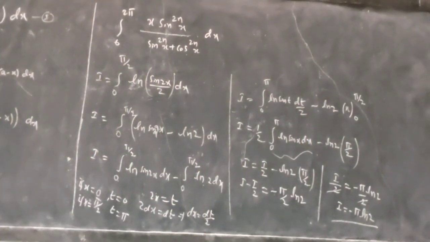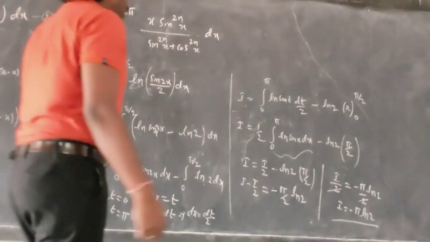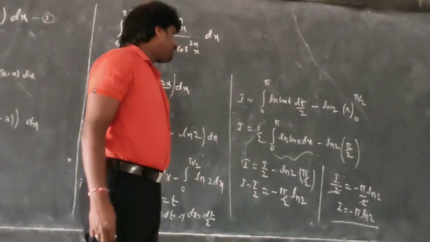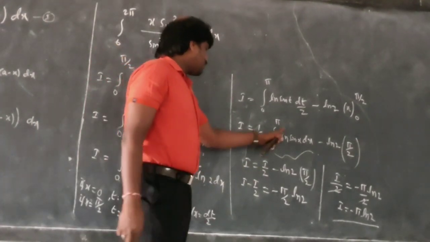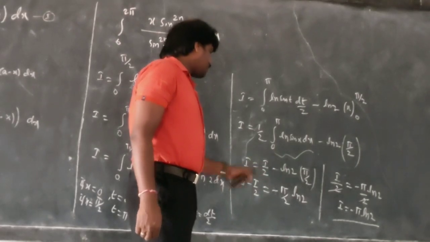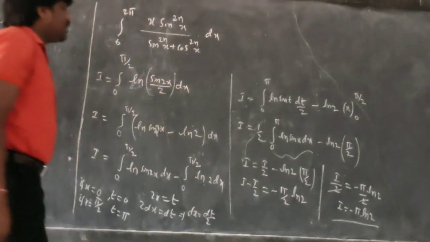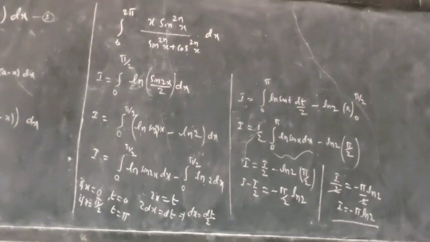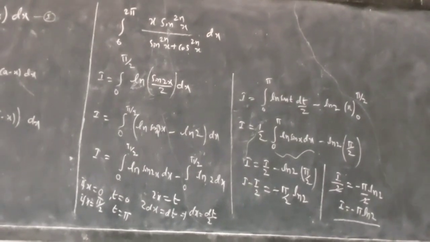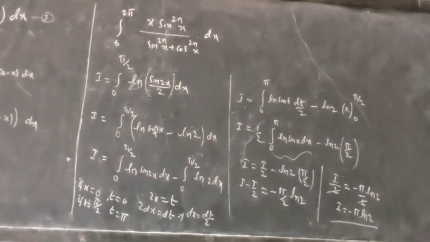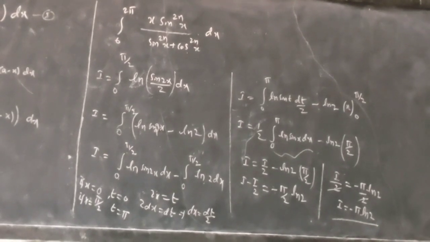Hope you understand what I have explained here. See here, I by 2 was here, so you got I by 2. I by 2 sending this side, so it has happened. Hope you understand. This is minus pi ln 2. So the answer for integration 0 to pi by 2 of ln sin x dx is nothing but